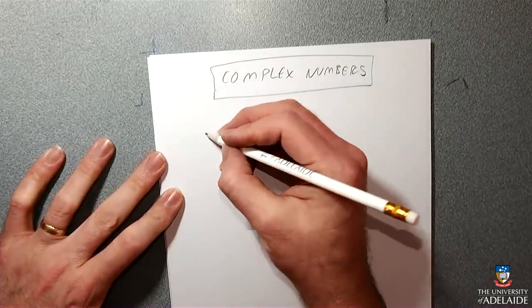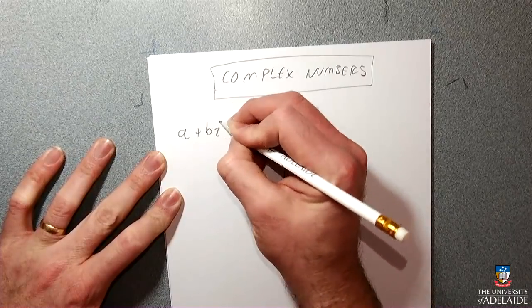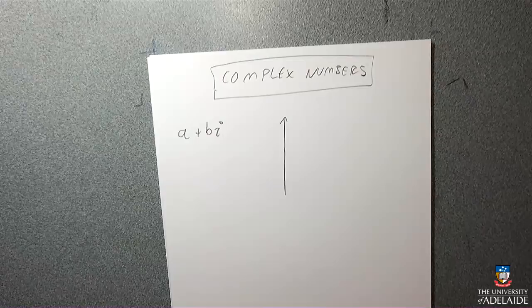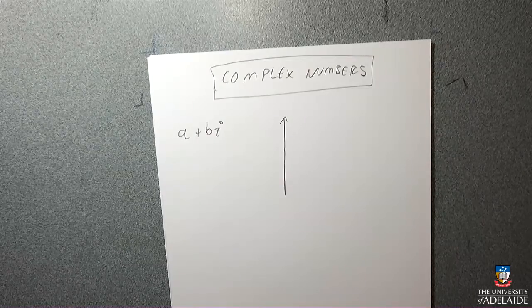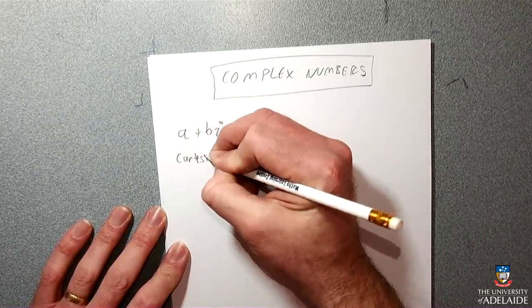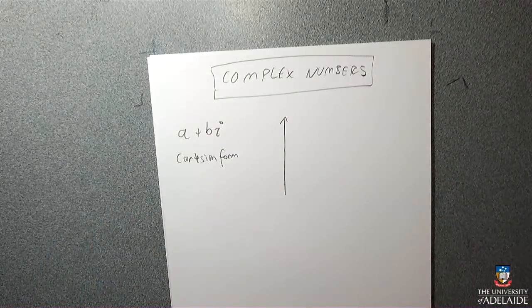So there are 3 ideas, which go that a complex number was originally invented to look something like this. It's this magical number i, and you have a real number plus a real number times i, and this produces a number with 2 parts. The word complex literally means made of more than one part. That's the literal meaning of the word complex. And so we have numbers that are made of 2 parts, so they're complex. This is called Cartesian form usually. In my head I call it rectangular form because you draw little rectangles.